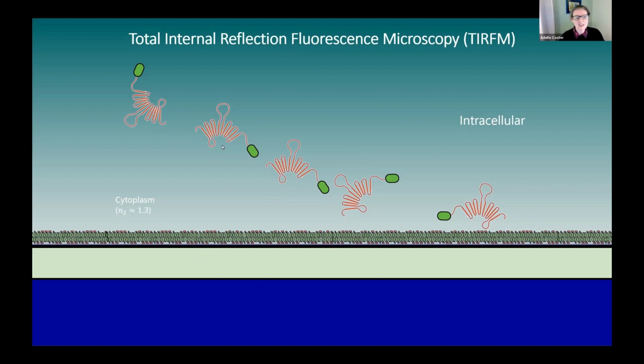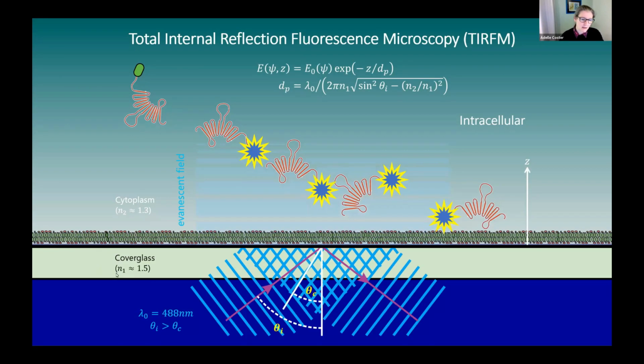Well, you know that the cytoplasm has a refractive index of maybe about 1.3. This is a bit fuzzy, of course. It's a very complex space. It's not uniform. And your cover glass is about 1.5. Now, let me just continue, a bit too fast, I think, but never mind. What we've got is the microscopist puts in a laser light, which is incident at greater than the critical angle. And so thus the light is reflected, totally internally reflected.